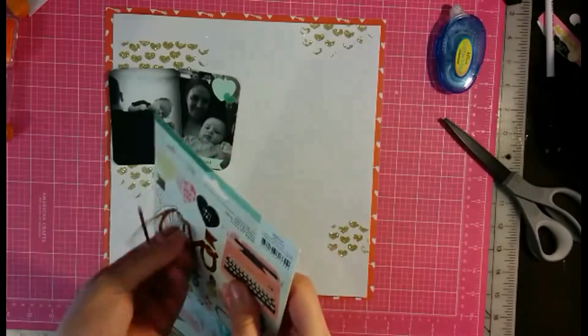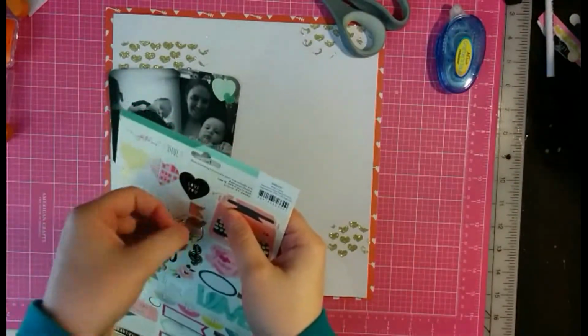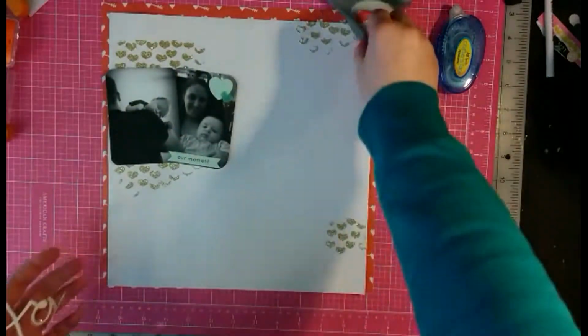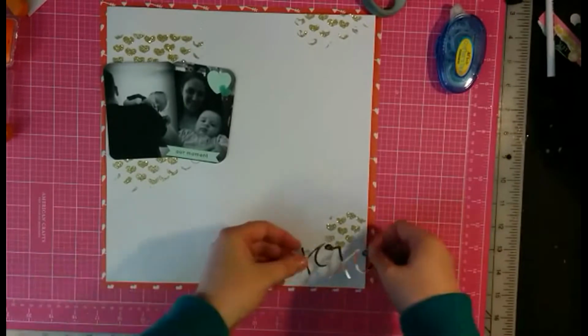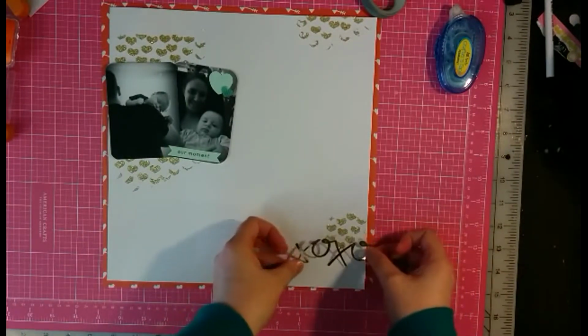oh, what is this? The Shine collection. I'm having a very hard time using this collection. It's almost too pretty to use. So I knew, I was like, I have to use something somewhere somehow. I just have to. So I decided to go with the XOXO because I want to make this a little